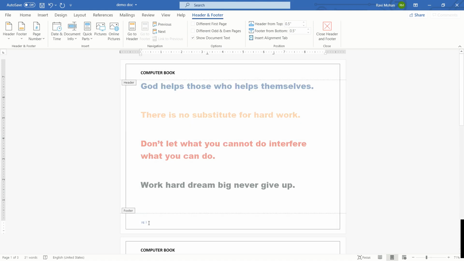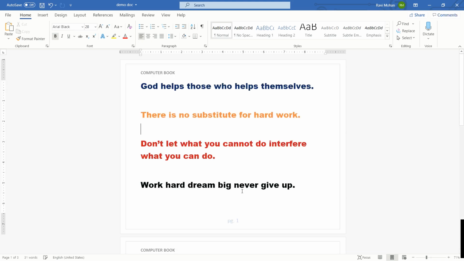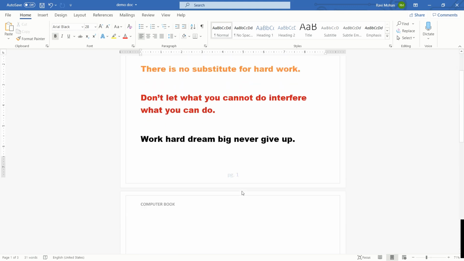Like the way we did formatting of the header, you can even format the footer: increase the size of the page number, make it bold, make it center aligned so that the page number appears in the center, and pressing the escape key I can come out of the footer.